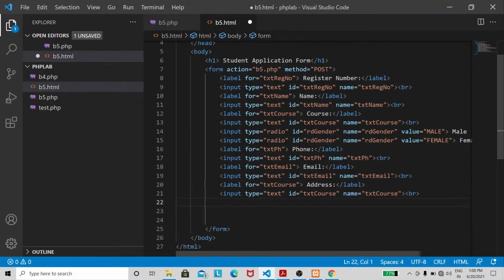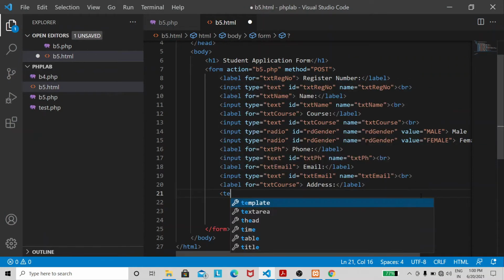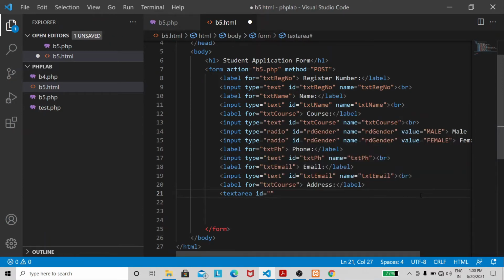Here I have to make change as address. So here we are not using input type text, we are using text area. ID is equal to txt add. Name also I'm going to give it as txt add, right?